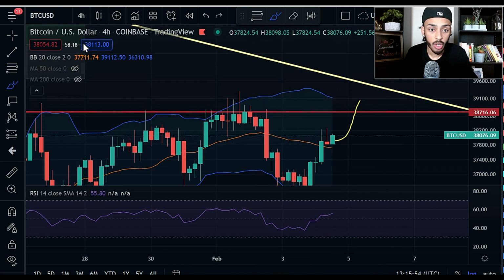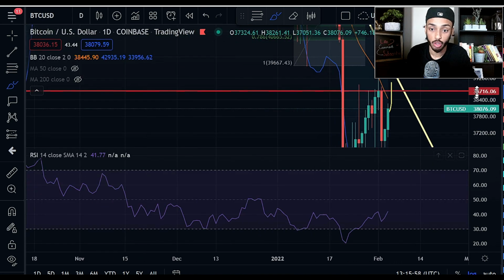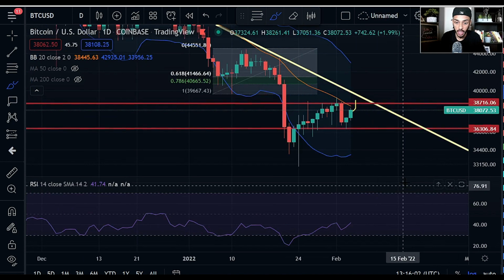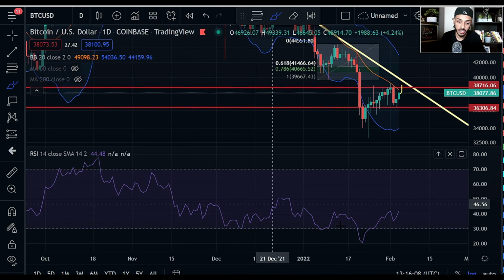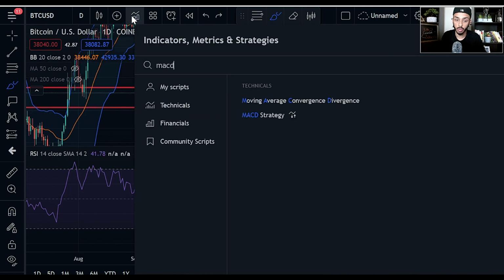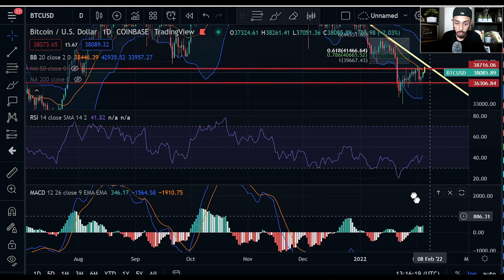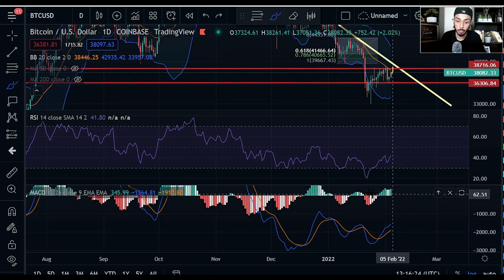Okay. So overall, whenever we look at some things like our daily RSI, we still do have some tremendous room to the upside in order for us to be able to see the growth we're looking for. Okay, this is still very possible. We're not really seeing major bullish or bearish divergence on either side just yet. We are seeing a bit of recovery, from what it seems, on the RSI. And if we do look at something like the MACD, for example, you can also see that we are not in the worst shape ever here, right? We saw that bullish cross happen,